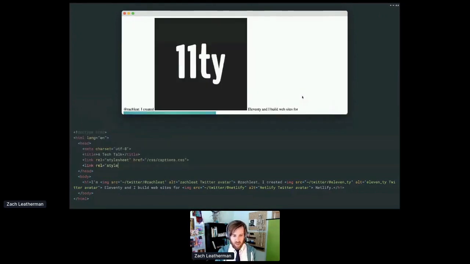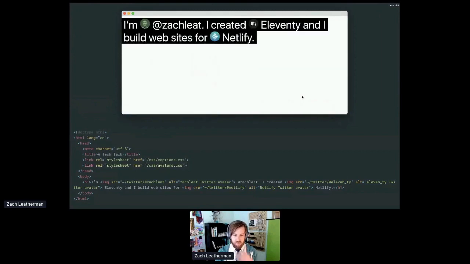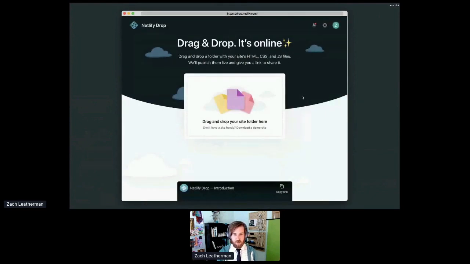And let's move that into an external style sheet. Looking good so far. Got a couple of style sheets. We got some content on the screen. Looking good. Now, the easiest way I know of to put this online is a little